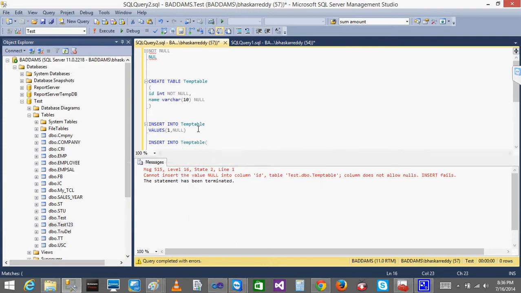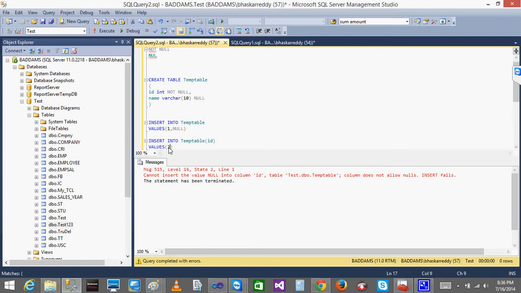I will just give id, name, and here I will give values. Both are the same. Instead of a value, you can say null. Even if you do this, since you are not passing any name value, by default it will insert the null value only.